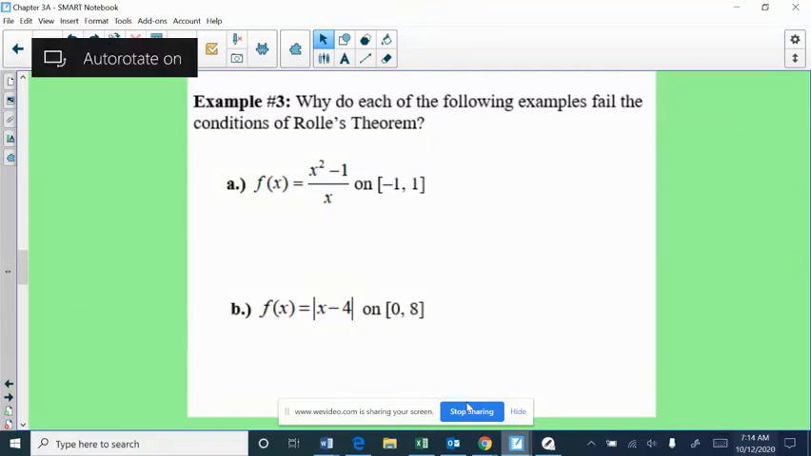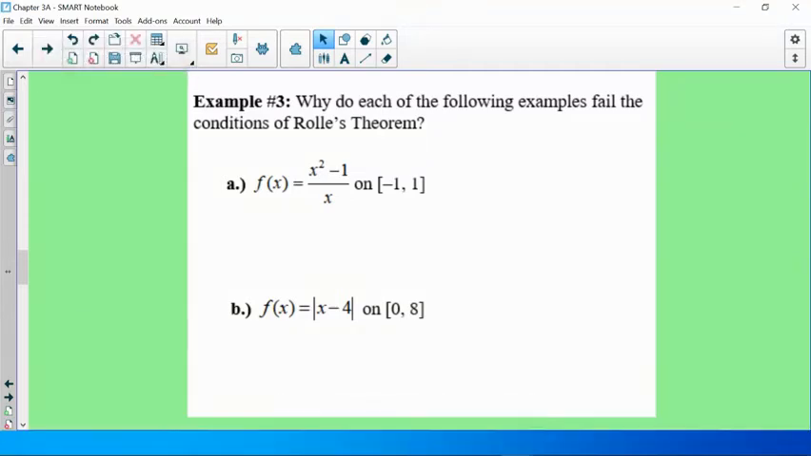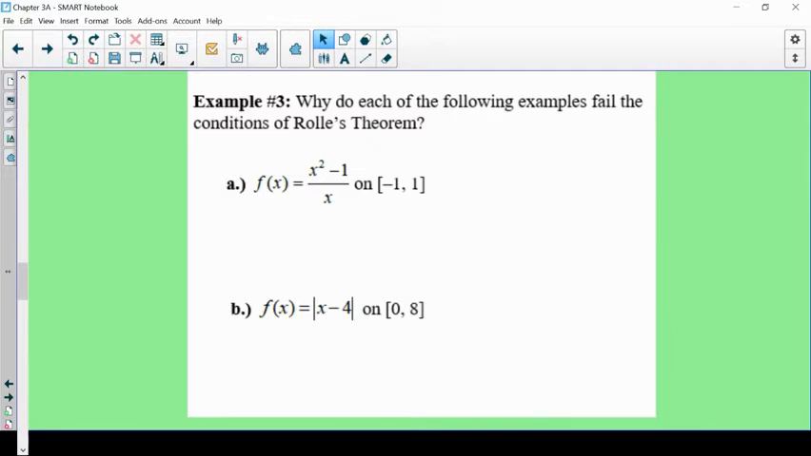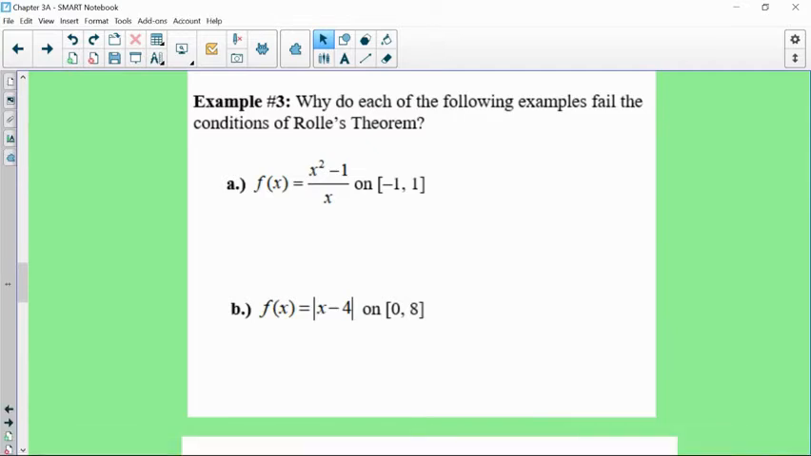All right, so this next video is going to first start looking at making sure you know all of the conditions of Rolle's theorem. So, example 3 says, why do each of the following examples fail the conditions? So you take a look at that first one, and hopefully I'm hoping you see